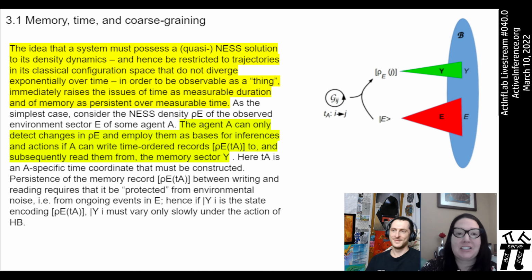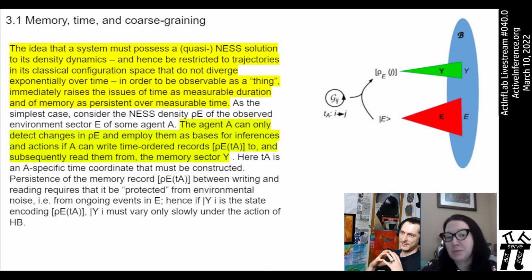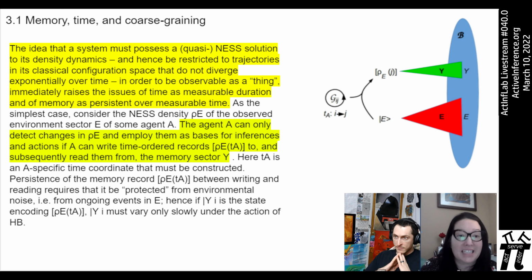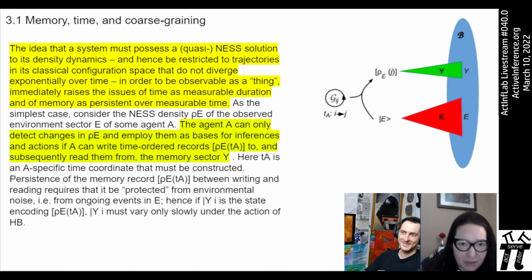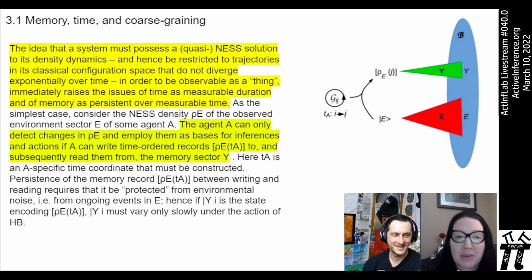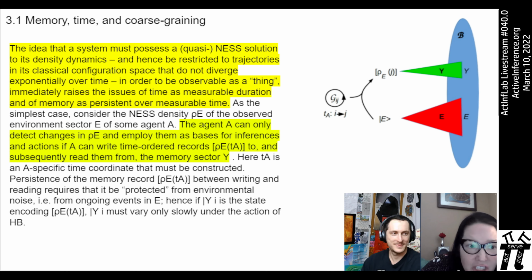So they break this section. So these sections get really awesome. Memory, time, and coarse graining. The idea that a system must possess a quasi non-equilibrium steady state solution to its density dynamics, and hence be restricted to trajectories in its classical configuration space that do not diverge exponentially over time in order to be observable as a thing, immediately raises the issues of time as a measurable duration and of memory as persistent over measurable time. And so they show in this figure, the agent A can only detect changes in the nest density and employ them as bases for inference if A can write time-ordered records to subsequently read from the memory sector Y. So here the memory sector is Y, the environment is E, and this GIJ, here, I think